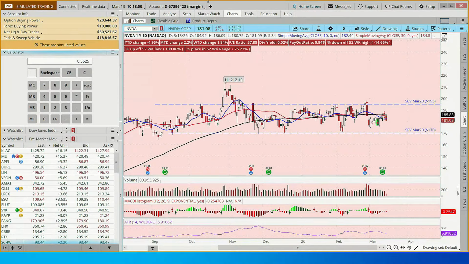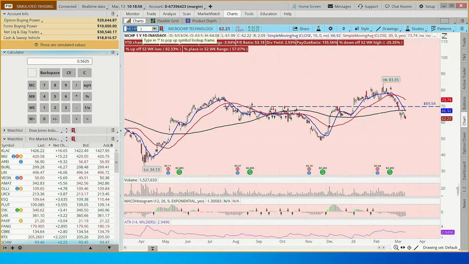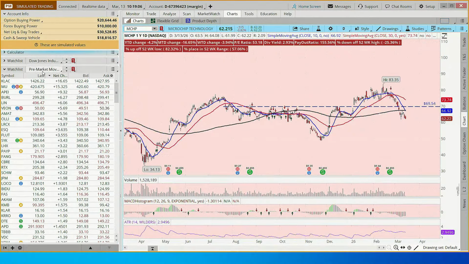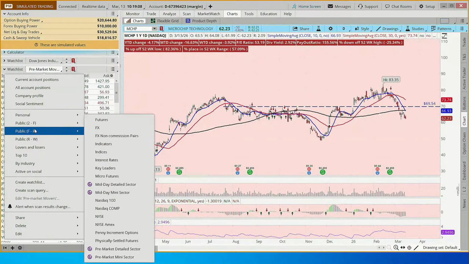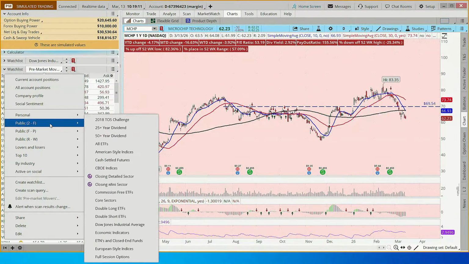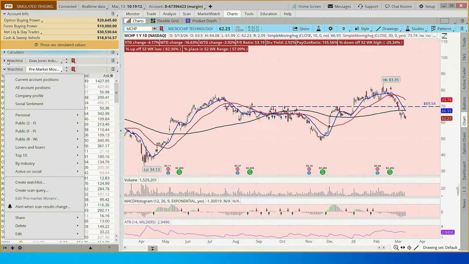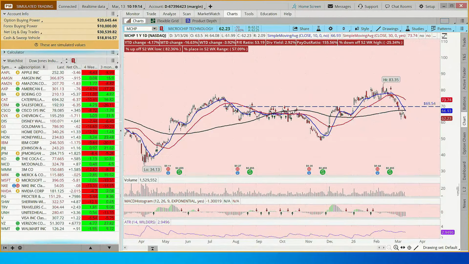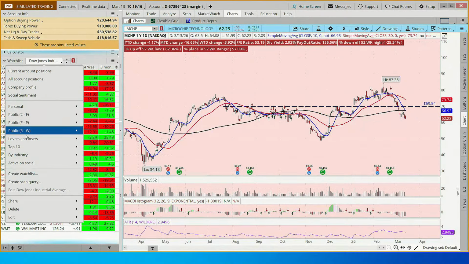Okay, so we've reviewed one and we've placed a new trade. Let's come and look at MCHP. So this is Microchip Technologies. One of the things that I did was I came in and I said, okay, let's look at this watch list. Let's look at the S&P 500